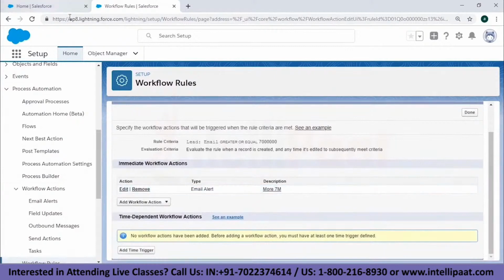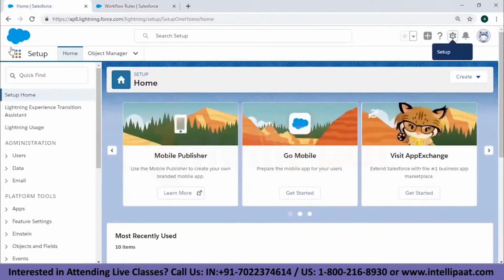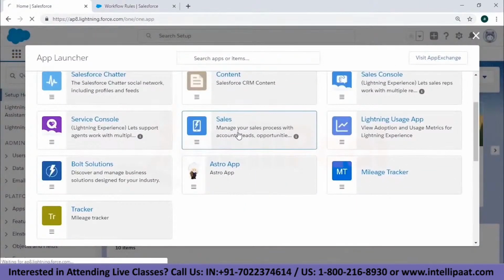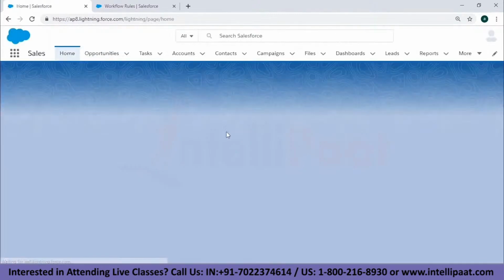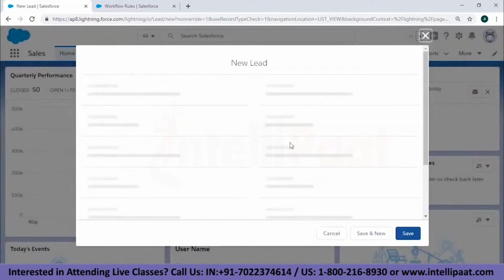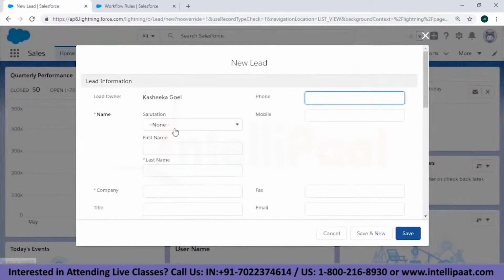Okay, so now we'll click on this checkerboard kind of icon we have over here. Go to our sales app and we'll find that particular object we created. Okay, the object I created right now was from leads, and I'll click on new lead because I'm creating a new lead, right?